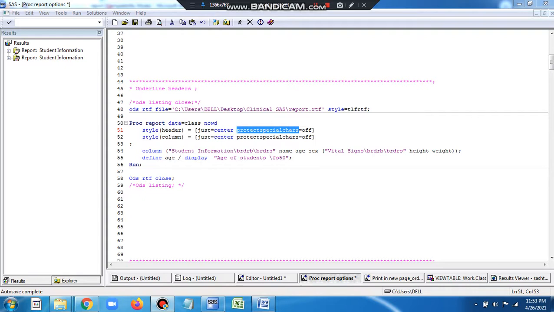If you're familiar with this, you will be able to see how we generate the title and the line. We are writing the Proc Report statement here and style options, and after that we are writing the column statement. In the column statement we have to write the title, and after the title we provide the underline. This is the RTF command for providing underlines. So we write the title, and after the title we provide an underline, and after that we have all the variable names. Let me remove this part for the time being,